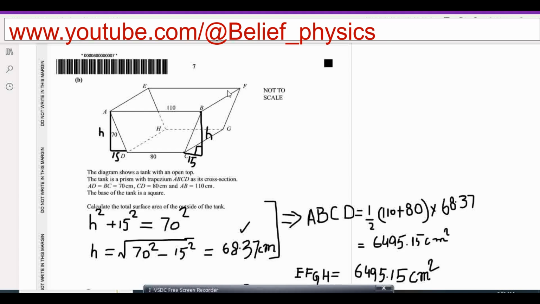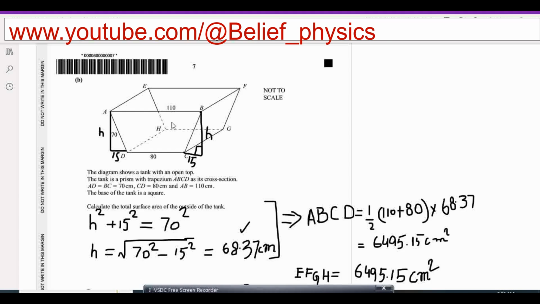BFGC is a rectangle, AEDH is also a rectangle, and the base is a square. We have to find the surface area of the tank. It has 5 sides: this side, this side, this side, this side, and the base. The top is open. First of all, to find the area of the trapezium ABCD, because ABCD and EFGH are the